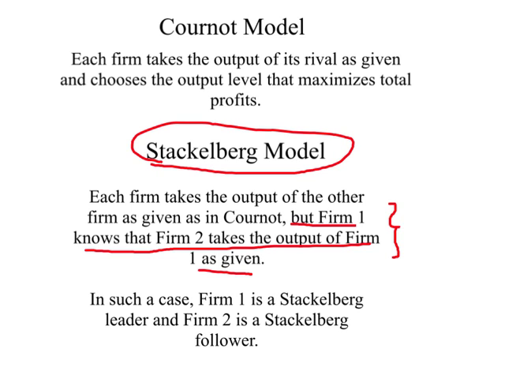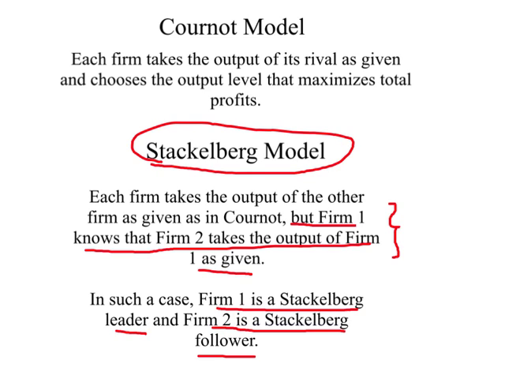And what will the other person be? The dumb person or the follower. Why? Because in such a case, when you can figure out what your rival will do under different circumstances, you can manipulate that person's behavior in a way which is advantageous to you. And so, in such a case, firm 1 will be the Stackelberg leader because it knows what firm 2 does and how it behaves. And firm 2 is simply a follower, Stackelberg follower.